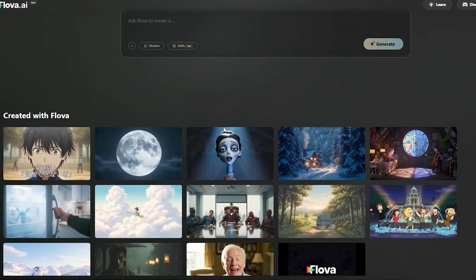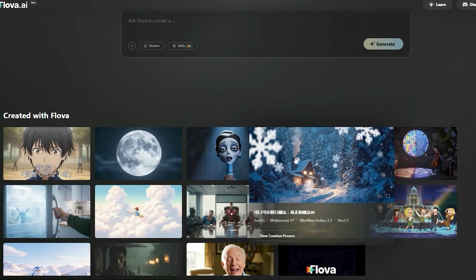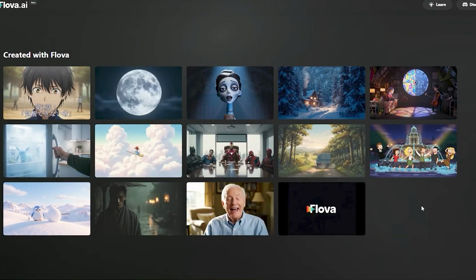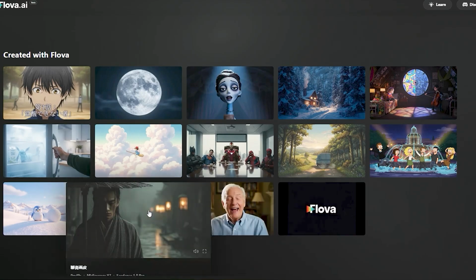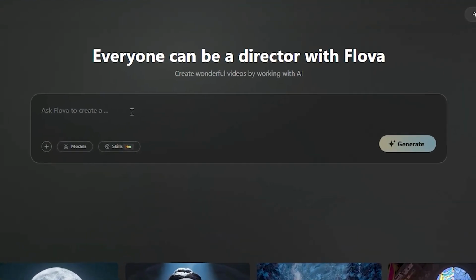Now, here's the interface of this tool, and you can see these are some of the pre-generated videos. This is the Wednesday inspired clip. So these are a couple of use cases just to give you inspiration for what this tool is actually capable of. Now, to start this, we have this simple prompt section, and if I click on the model section,